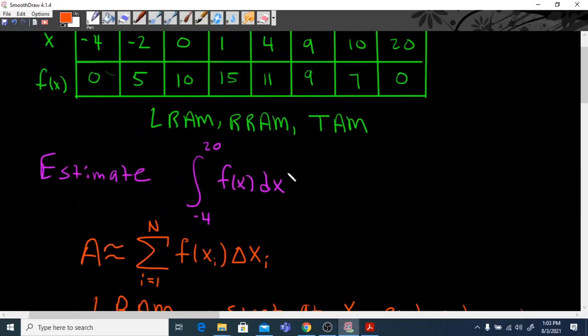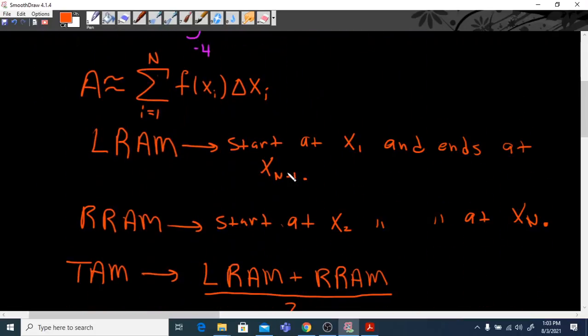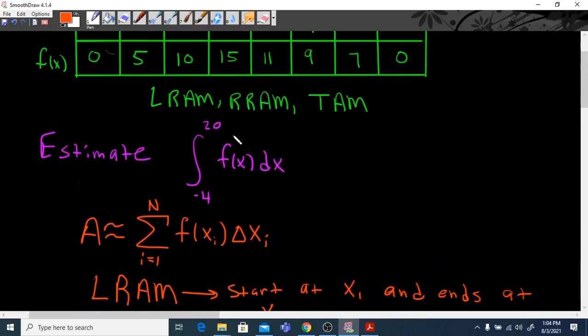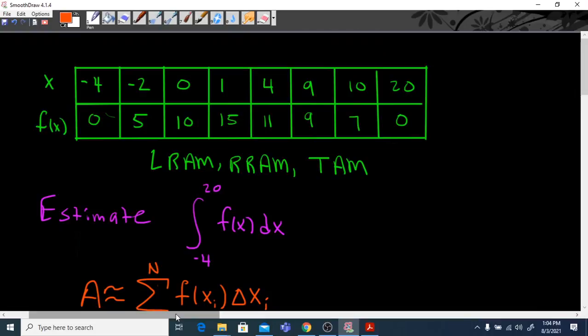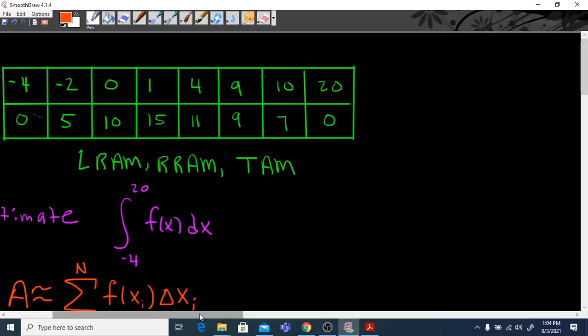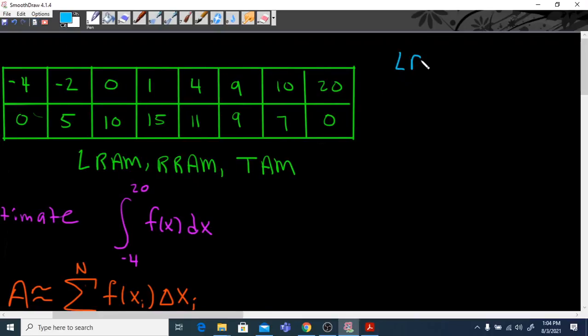But for now, let's stick to the example. Let's do LRAM and RRAM first. Like I was saying, we are going to plug into this formula, except for left rectangle we start at x sub 1. So here we go, left rectangle approximation method. The area we're trying to find is going to be approximately